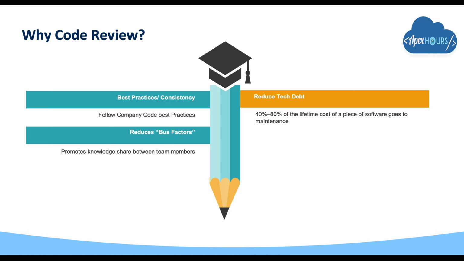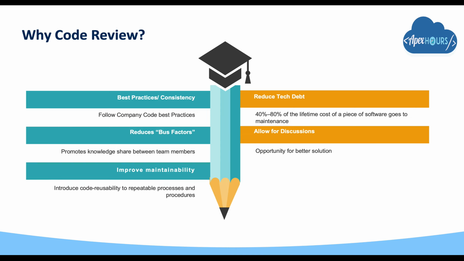In that particular scenario you have a dependency, but if somebody is doing the peer code review, then it also reduces the dependency on that team member. If he's on a holiday or he left the organization, someone can take over that particular part, and this allows for discussion. So there is a very good opportunity for everyone to discuss a better solution. Can it be done out of the box, or do we really need code? So when somebody does the peer code review, you always have a good opportunity for a better solution, and